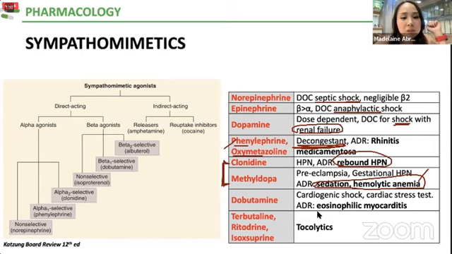The dobutamine, again, sabi natin kanina, tachyphylaxis. Ano pa? Eosinophilic myocarditis. Okay, eosinophilic myocarditis. It is also used as one of the drugs of choice for cardiogenic shock. So, anaphylactic epinephrine. Septic